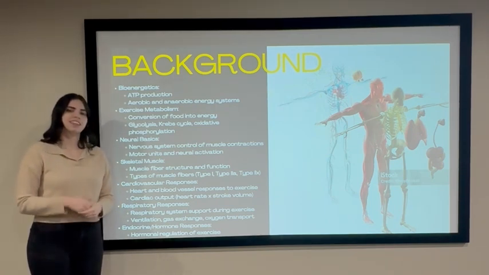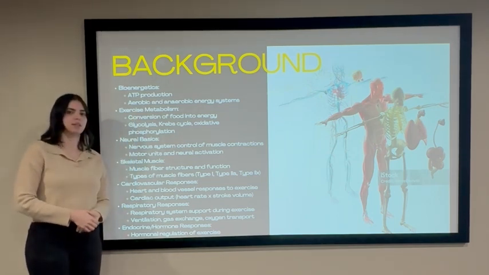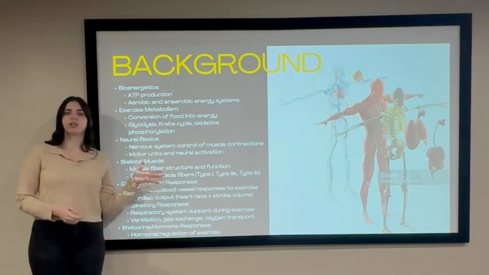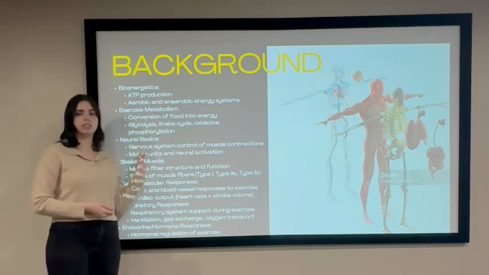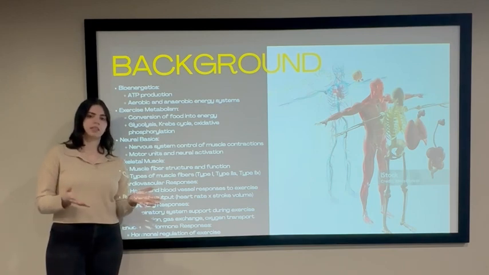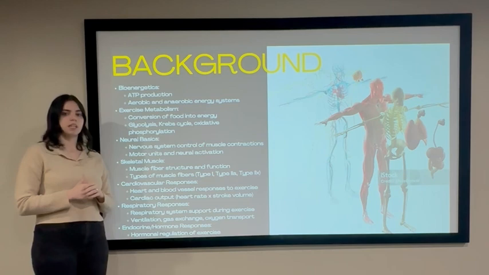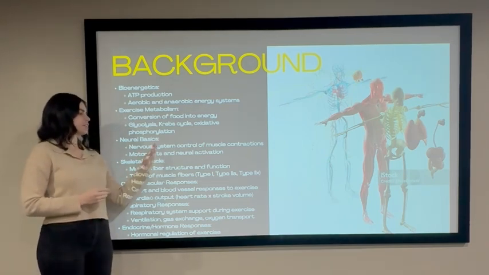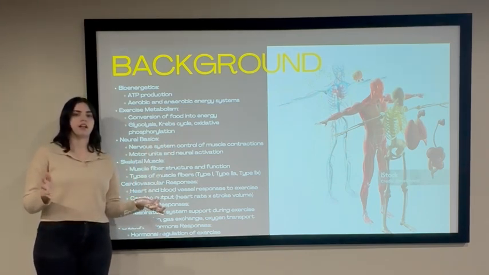So diving a little bit further into bioenergetics, we'll refer to exercise metabolism as we are talking about exercise performance. We'll need to understand the conversion of food into energy, and that's going to be done through our biological systems, namely glycolysis, the Krebs cycle, and oxidative phosphorylation, or the ATP-PCR system. We'll talk a lot about the nervous system and its impact on performance. Specifically, we'll need to remember how the nervous system controls muscle contractions and how motor units and neural activation do